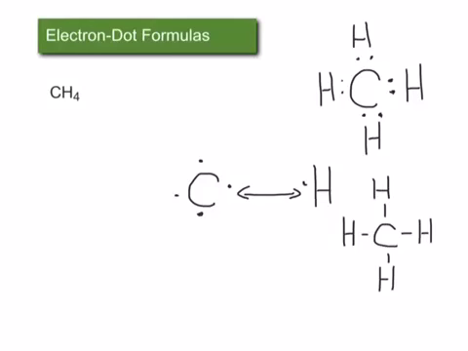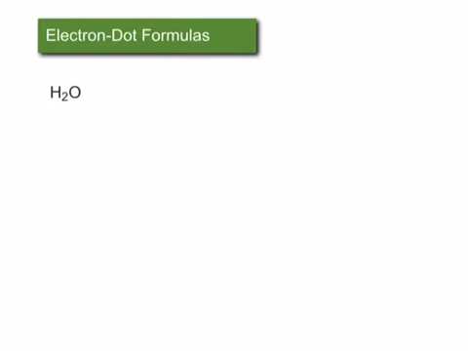All right, so let's do another example. If we take a look at water, oxygen, so first we're going to draw the electron dot structures for each of the ones we're starting with. So oxygen has 6 valence electrons. Okay, so that's what the electron dot formula for oxygen looks like. And again, hydrogen only has 1 electron, and it can only hold 2 total because remember, it only has a 1s orbital. That's all it's got. All right, so we have 2 hydrogens